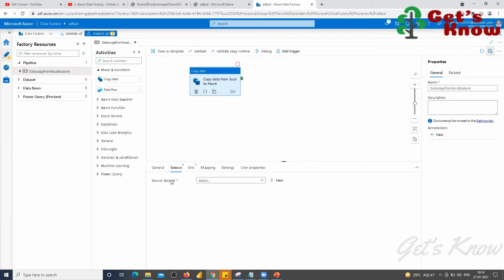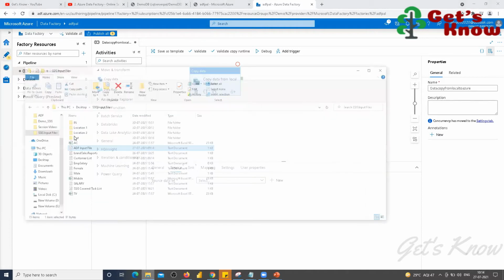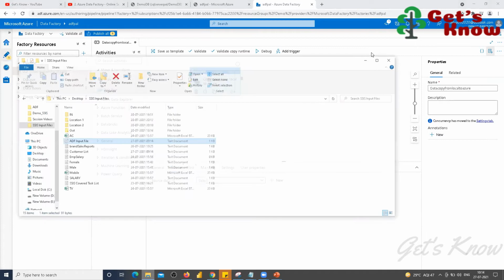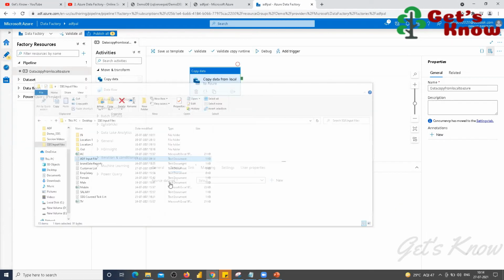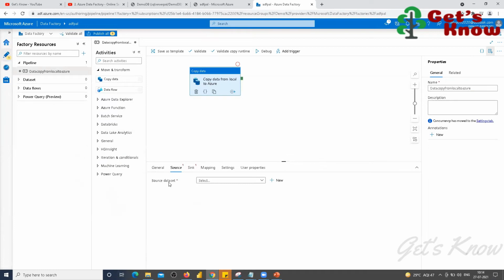If you are going to create the dataset, you have to mention this file as the dataset for the source input. And to create the dataset, you have to create the connection first.